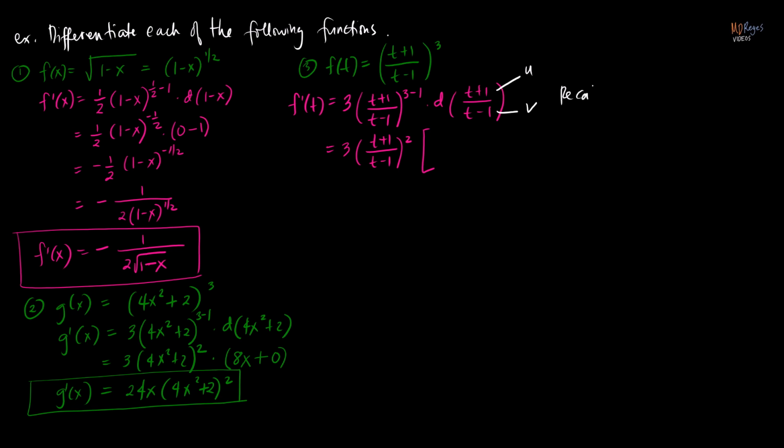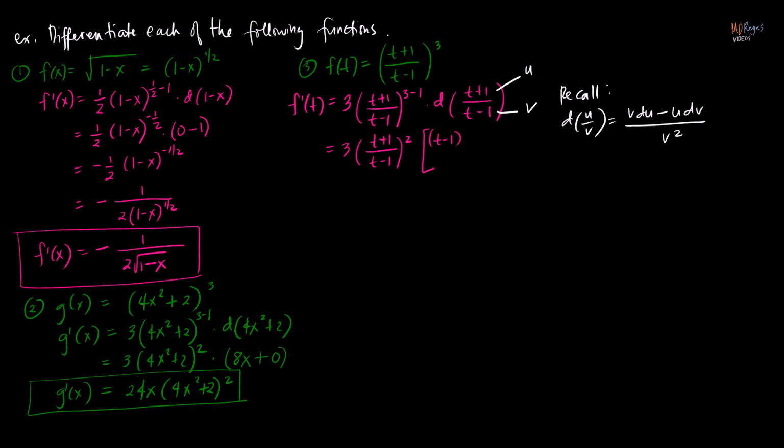Recall the quotient rule: derivative of u over v is v du minus u dv all over v squared. We'll use that formula to differentiate t plus 1 over t minus 1, where u is the numerator and v is the denominator. So in the formula you copy v first. v is t minus 1